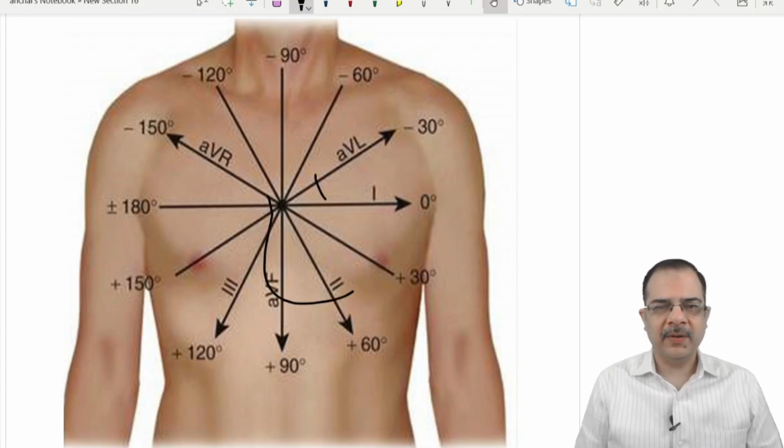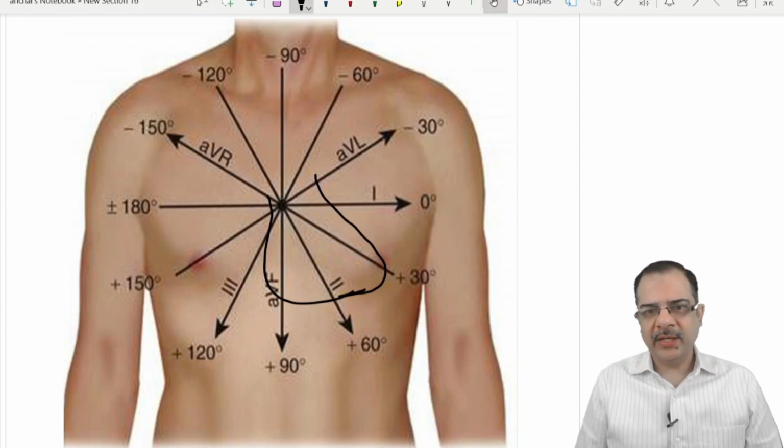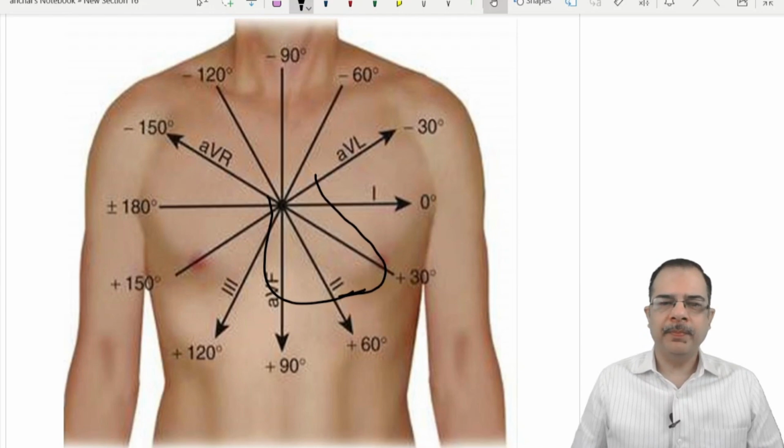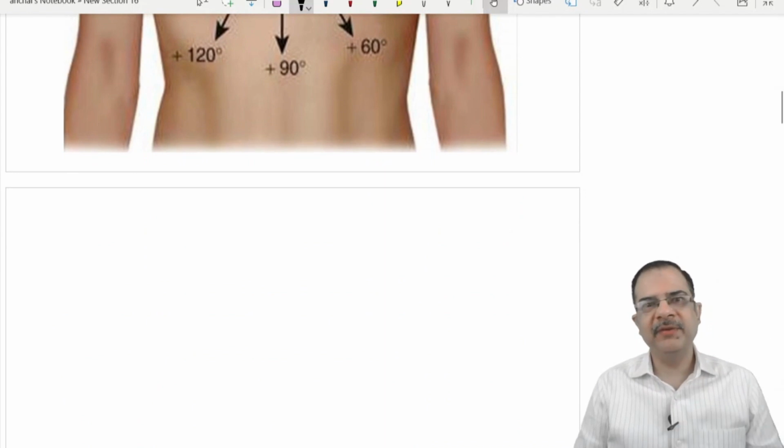Here is our heart located. So we all know that the depolarization direction will be towards the left ventricle side, so it will be roughly between 0 degree to 90 degree angle. This will be the depolarization direction of the ventricles normally. So basically, the fundamental of calculating the axis, the simplified way, is this.